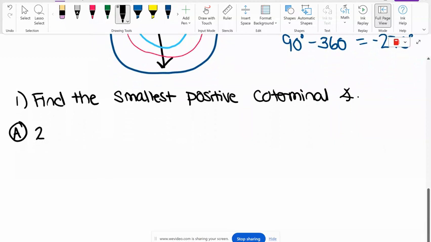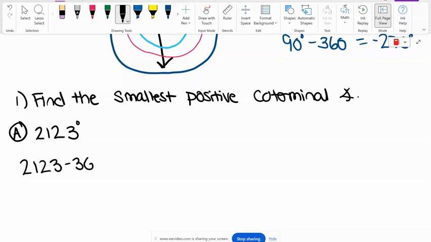So the first one's going to be 2,123 degrees. So if I want the smallest positive coterminal angle, do you think I'm going to add 360? No, what do you think I'm going to do? Keep subtracting 360. So I'm going to say